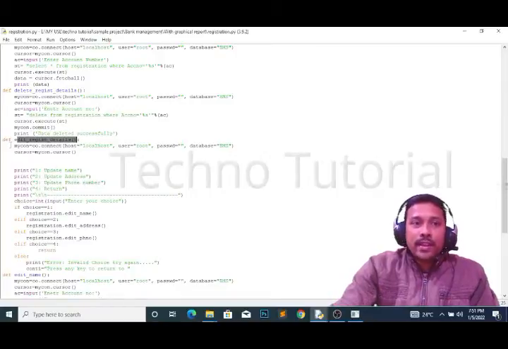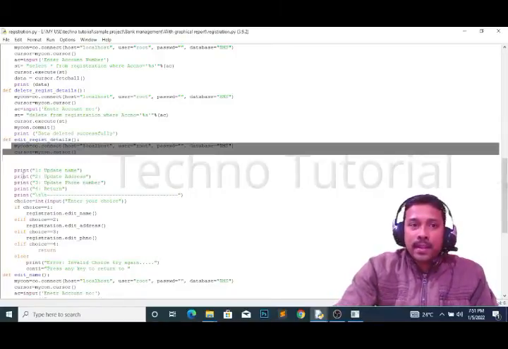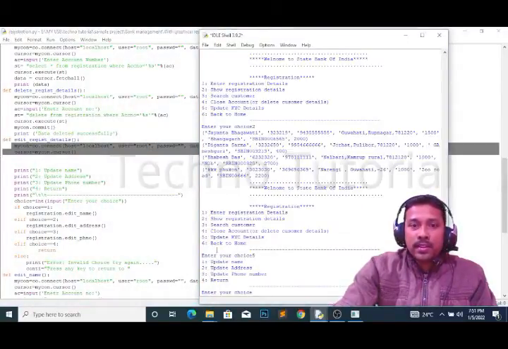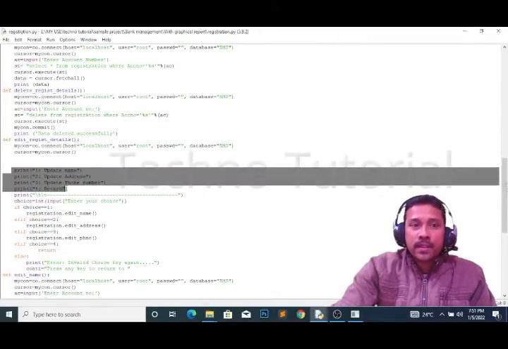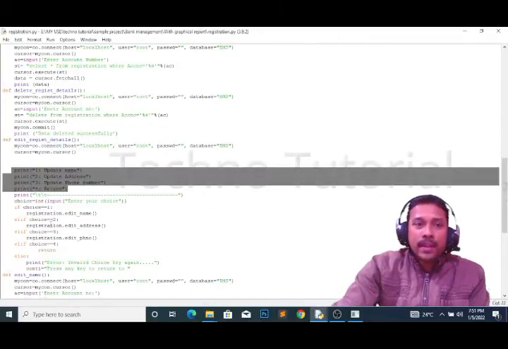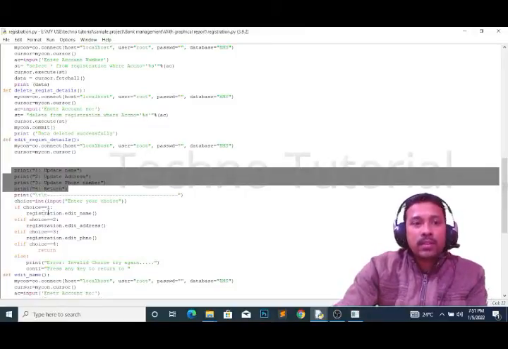So for edit customer register details, again we have connected this database, update name. Whichever is there, only this thing it is displaying in the output string. See, this update name, update address part is coming. When this part comes, again you are giving the choices here. If you press your choice 1, edit name will come. Press 2, edit address. Press 3, edit phone number. So these are the things that you can edit.